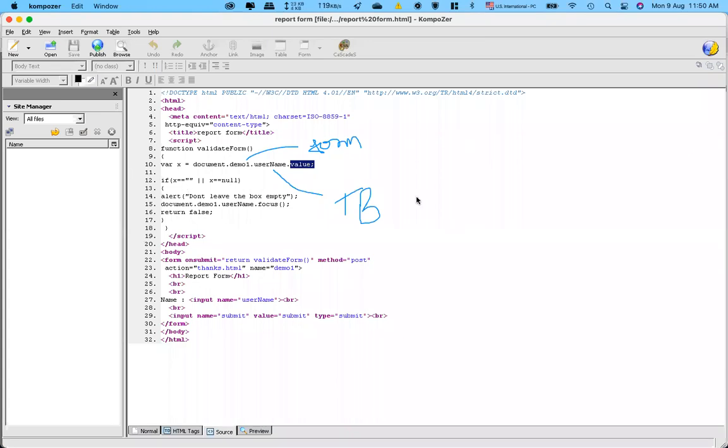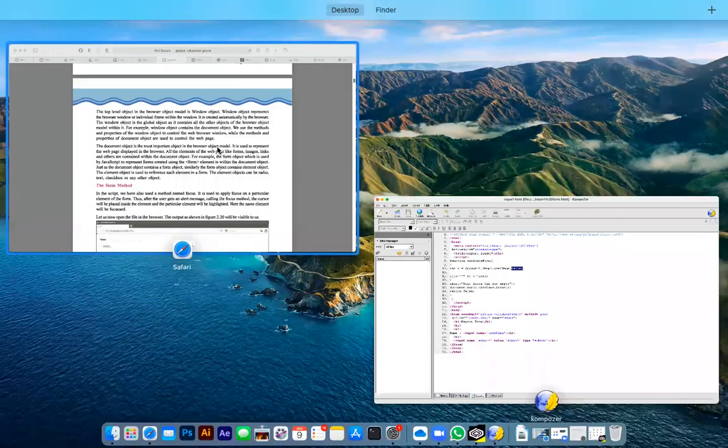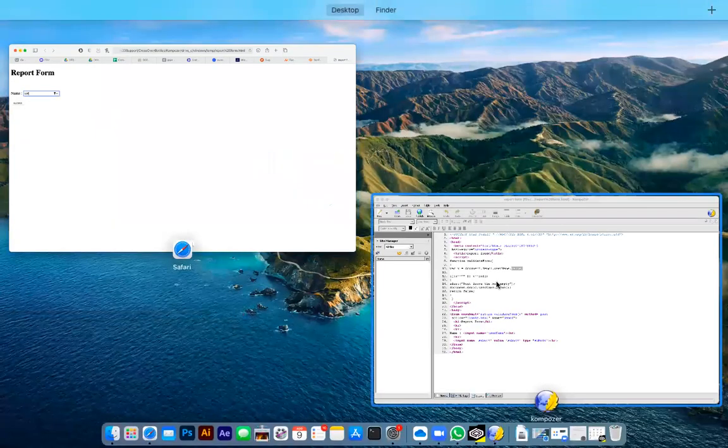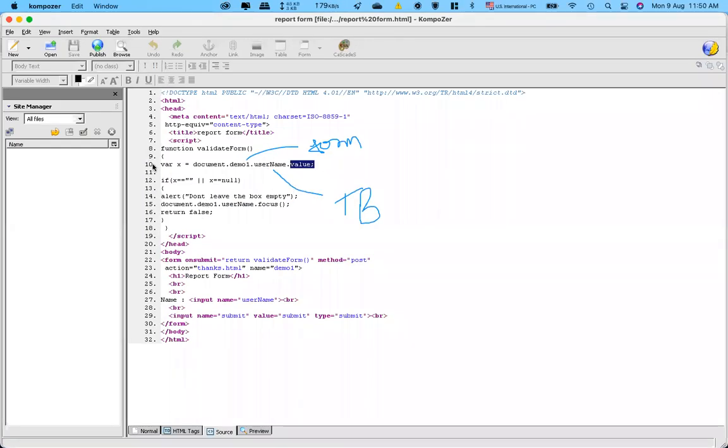So now what will happen? If you follow this statement and go back to our form, and if I write here our school name, can you tell me, if I write my school name here, what will be the procedure followed and what will ultimately be stored in the variable X? If anyone from our students who are live attending the class wants to answer. Sir, in place of username, there will be the school name, like that?